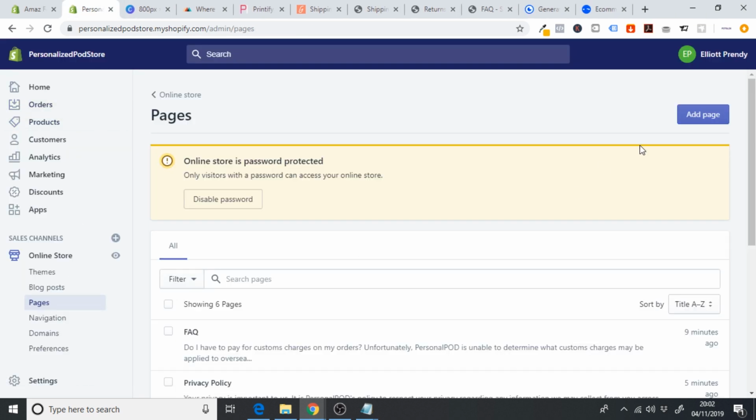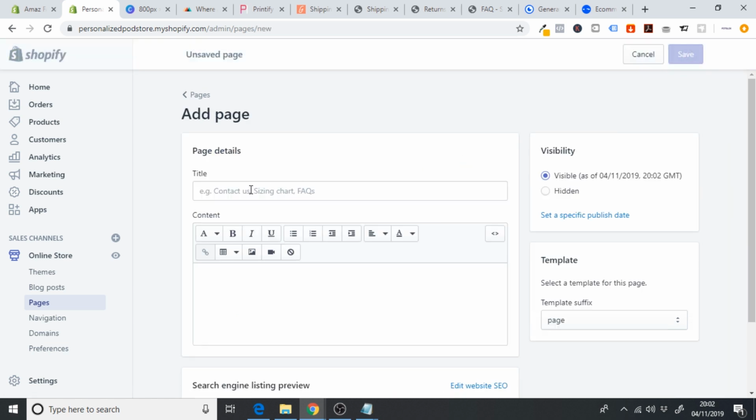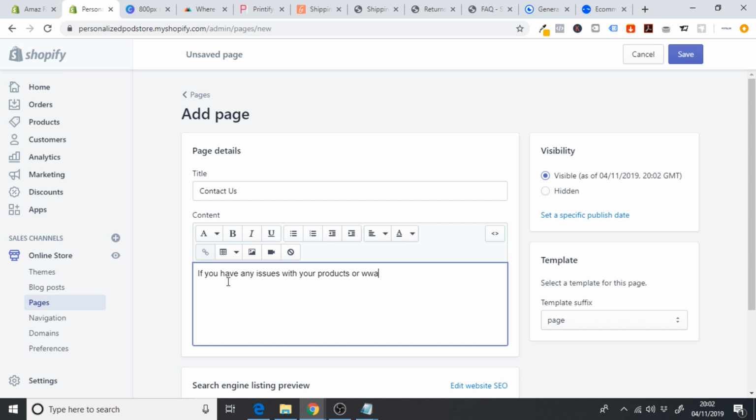Now this is going to be a really easy page to create. So just go and click on add page. We are just going to go and call this contact us. And then in here we can say, if you have any issues with your products or want to find out more information regarding our products or the status of your order, please feel free to contact us on